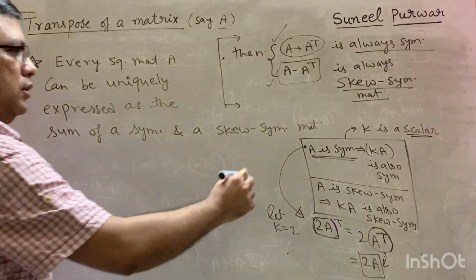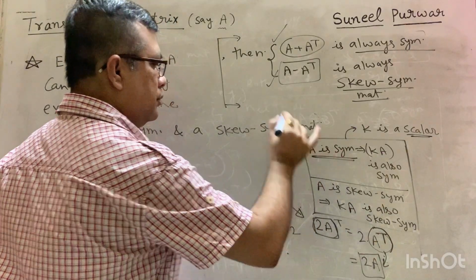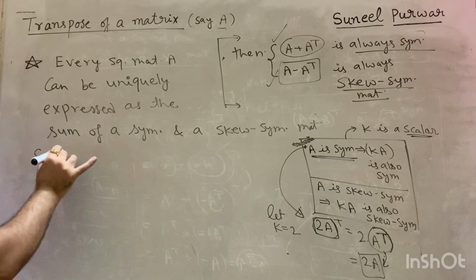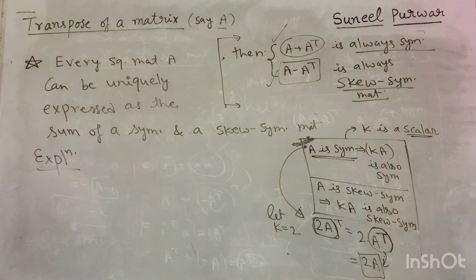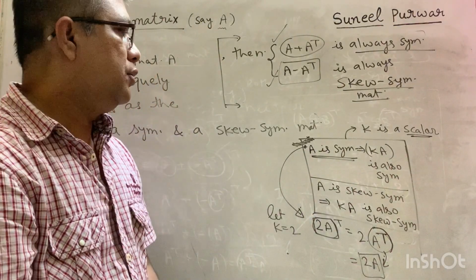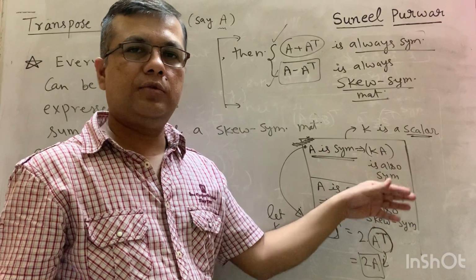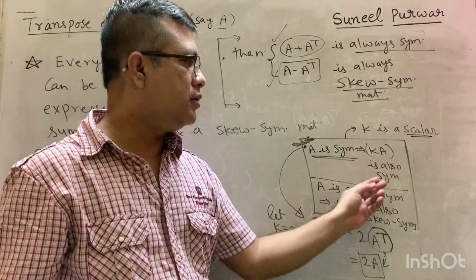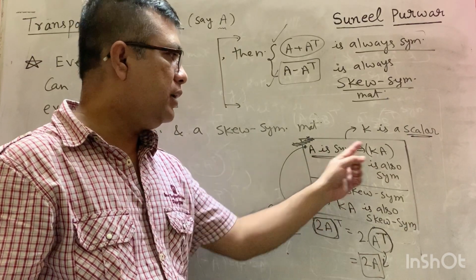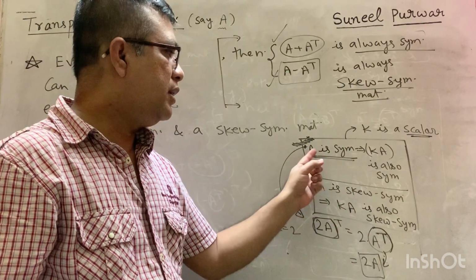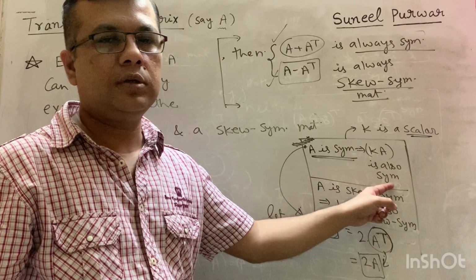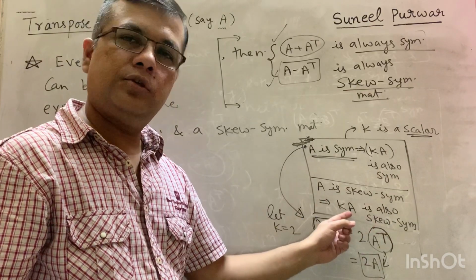इसका एक्सप्लेनेशन देख सकते हैं आप. सो अभी जो मैंने रिजल्ट लिखा है कि अगर A सिमेट्रिक मैट्रिक्स है तो 2 times of A, 3 times of A or any complex number into matrix A is also symmetric. Okay, or you can say A and Ka, they are of the same type. Either both are symmetric or both are skew symmetric. If A is symmetric, Ka is also symmetric. If A is skew symmetric, so is Ka.